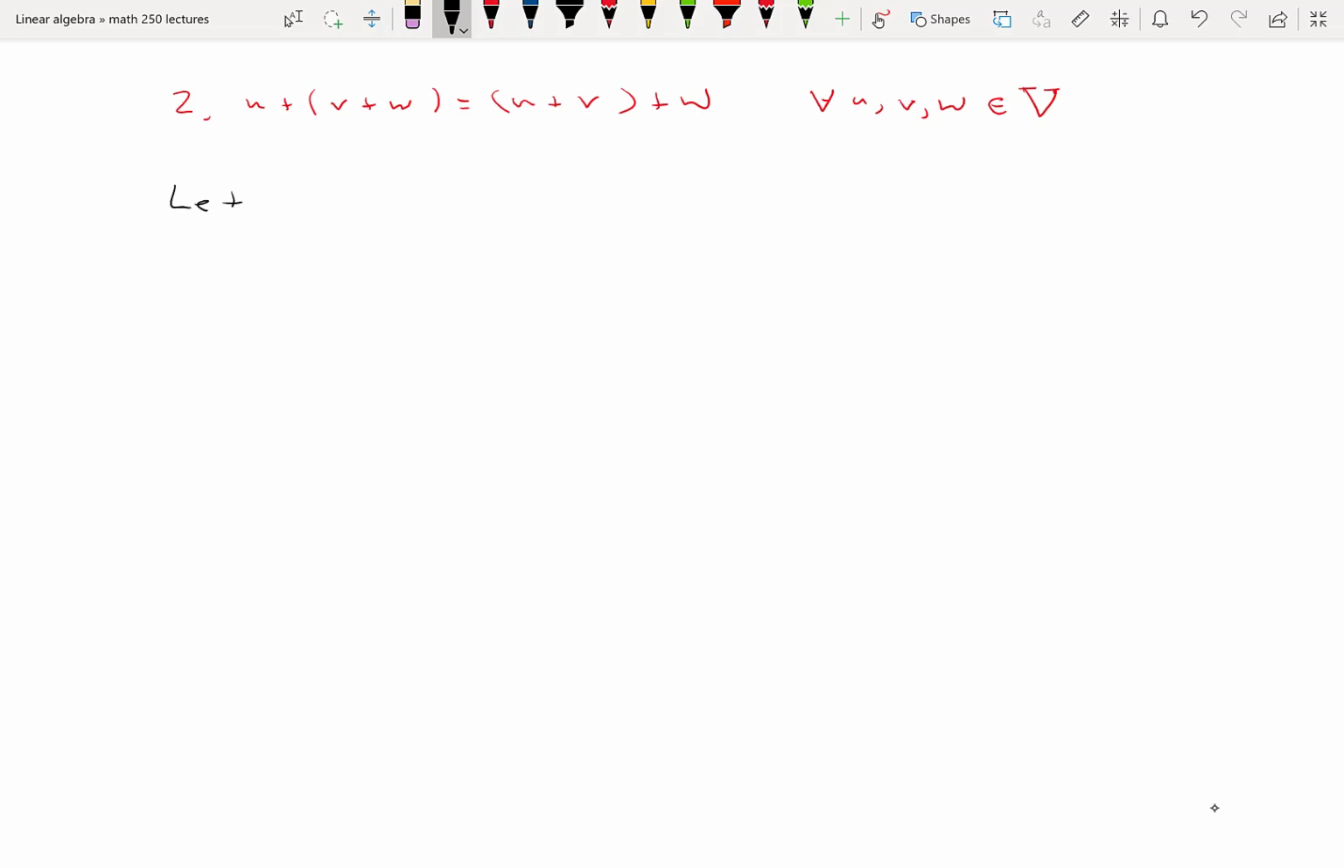Let's define a third vector, w equals x3, y3. I want to show that u plus the quantity v plus w equals u plus v, and then add w after. So I'm going to use u and v as in number 1. So u plus v plus w, extremely tedious, is